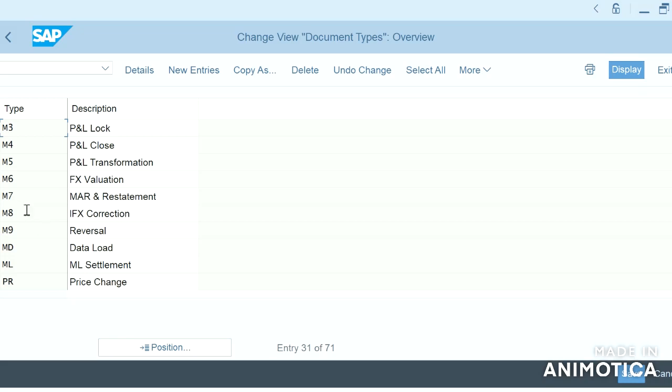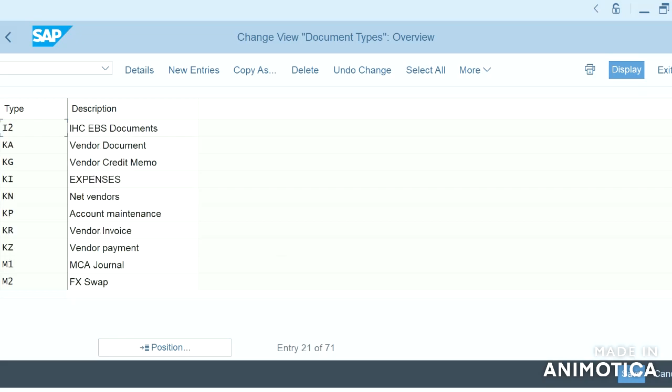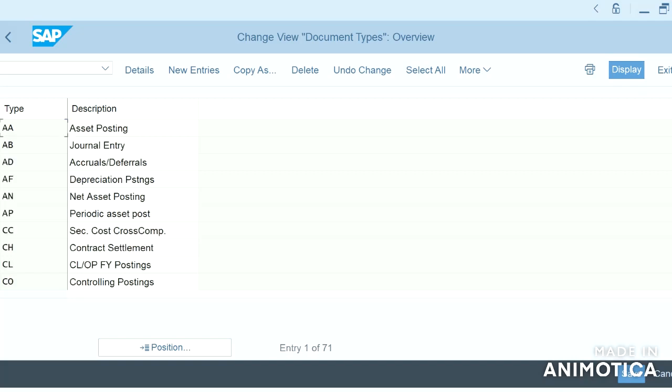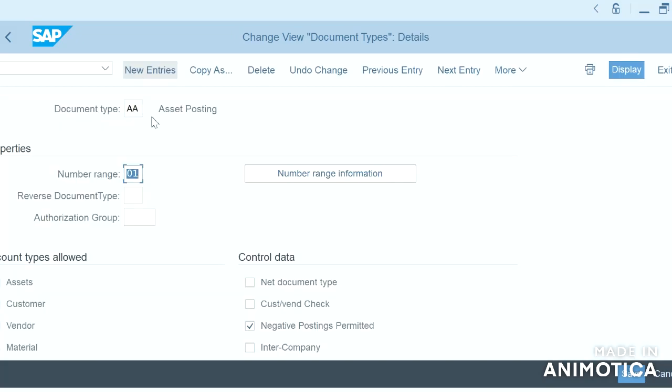If we check one of the document type details, we can see the information related to the document type. This document type has the number range 01. There is no reverse document type.